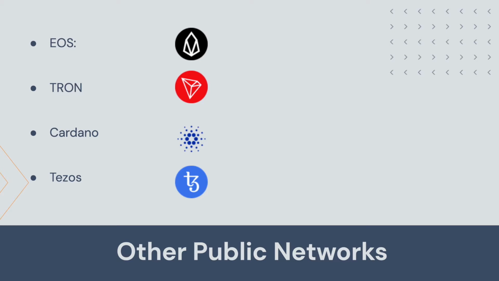These are other public networks that came after Ethereum and have different ideas and different concepts of how transactions work and how smart contracts work. They are still fighting. They haven't caught on that big lately, but for example, we have EOS and Tron, which market themselves as Ethereum 2. There's Cardano. I think it was founded by one of the co-founders of Ethereum. So there are some big names there, and there's Tezos, which also had an ICO and had problems launching, but now it's online, so it works.